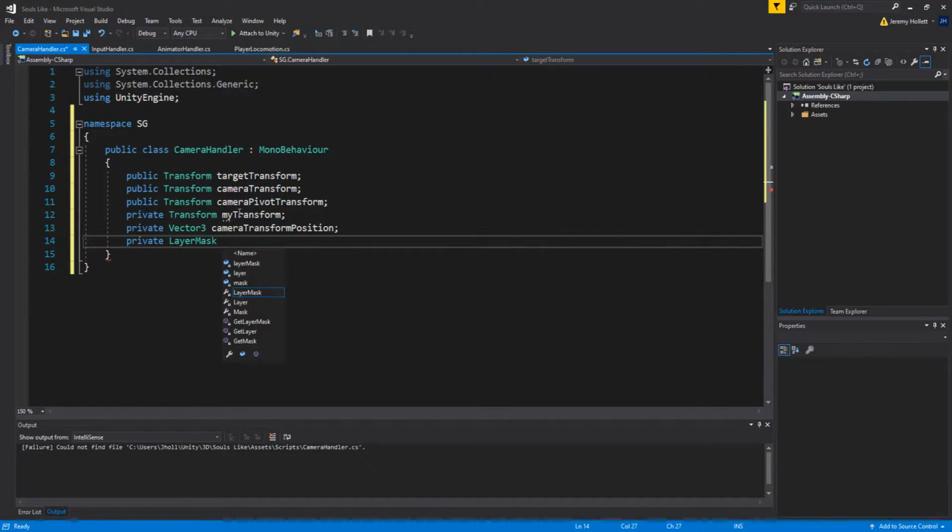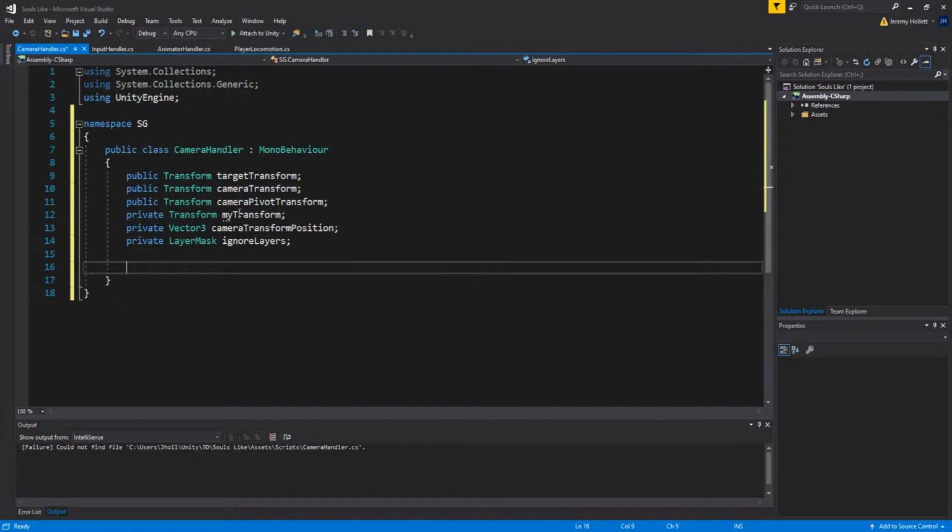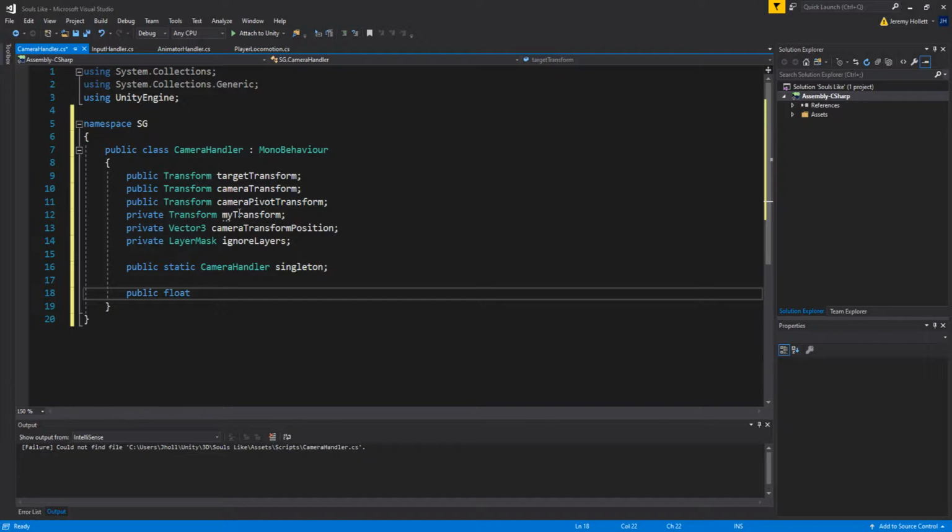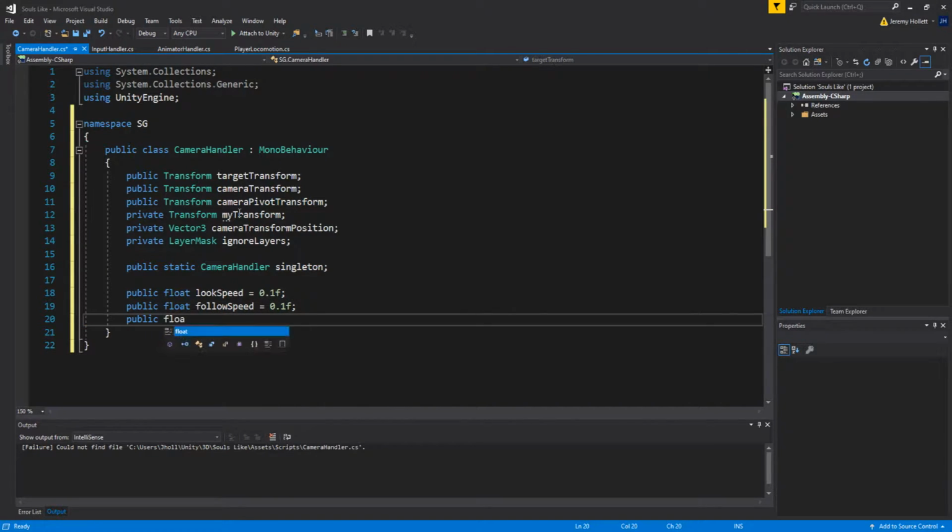Now don't think too much about this one right now because this is used for the camera's collision later on, so right now it's not too important. Next, we're going to create a camera handler singleton. And then a public float look speed. Next, a public float follow speed, then a public float pivot speed, a private float default position,